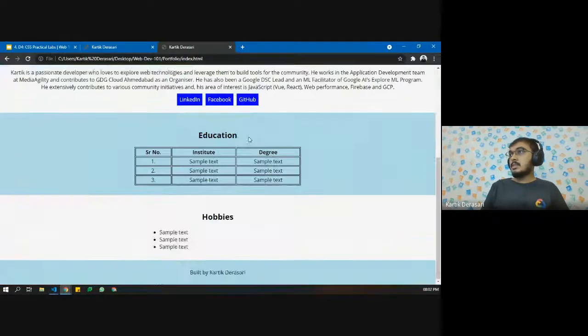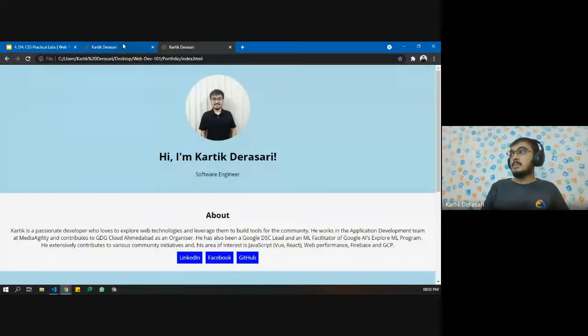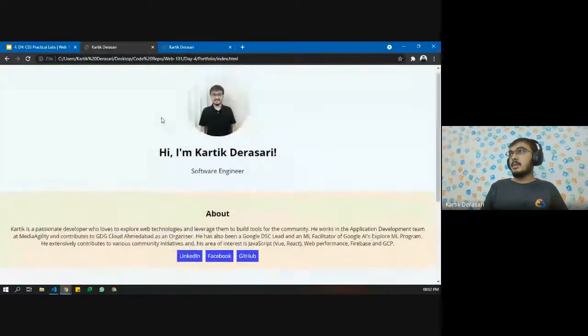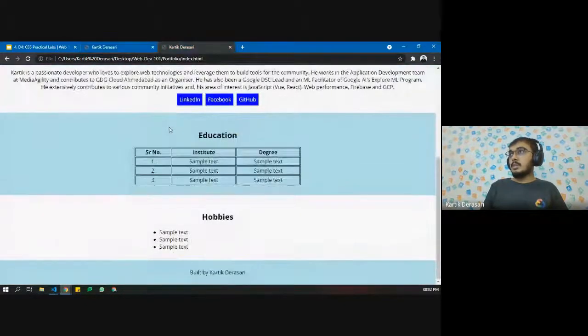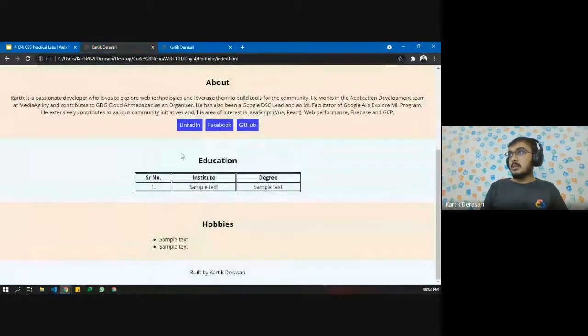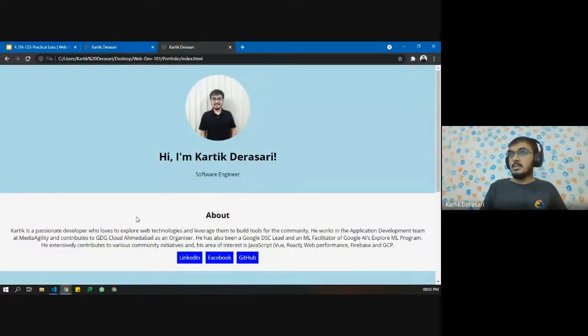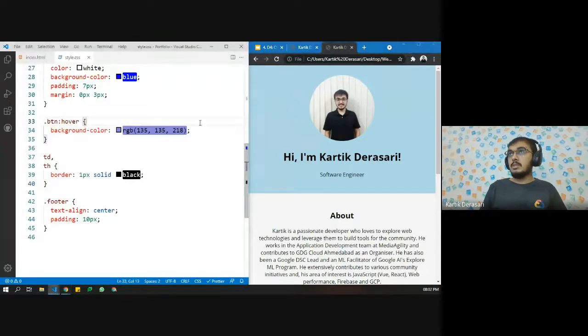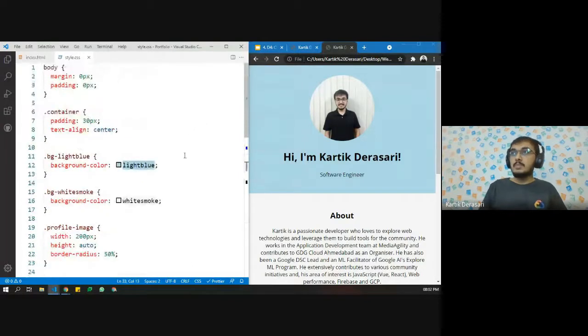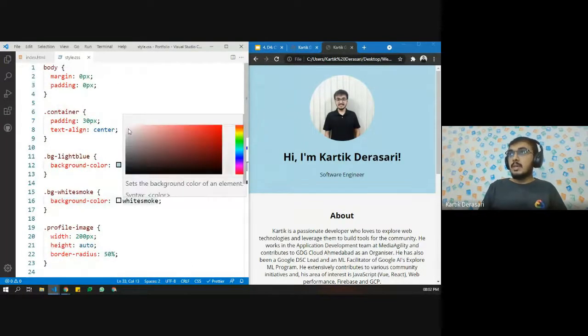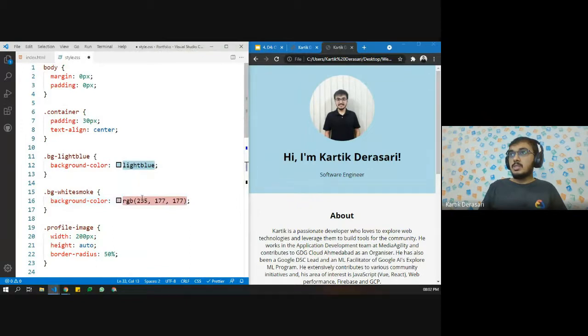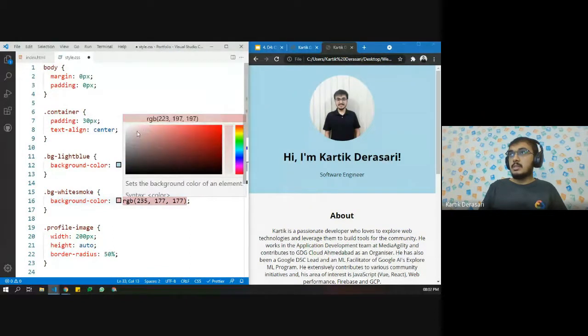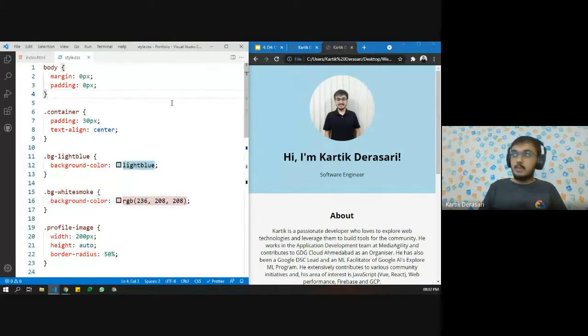Now let's compare both these websites. Apart from the color, everything is pretty similar. Let's change this color. So this is the benefit: whenever you are using classes instead of inline CSS for all the common parts, we can directly change the CSS values of all different elements.